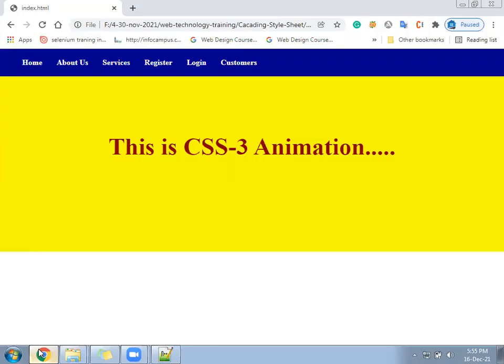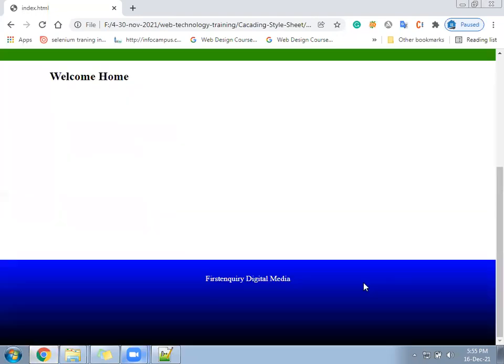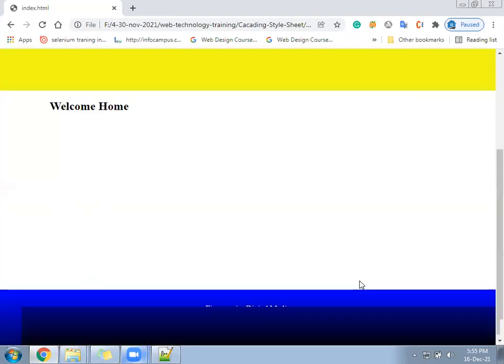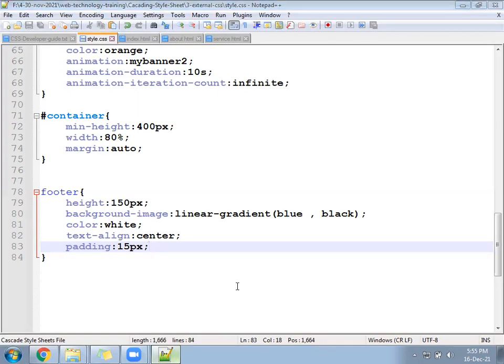Hope ready. Let's come to the home file. See, the footer is coming at the last. Now same container and footer. Section and div: when to use section? You can use anything anywhere.